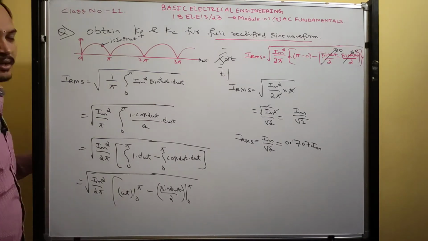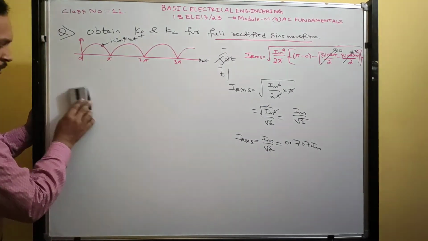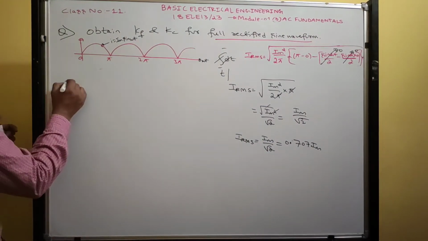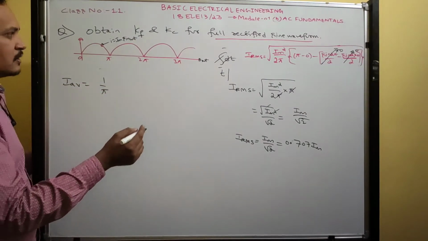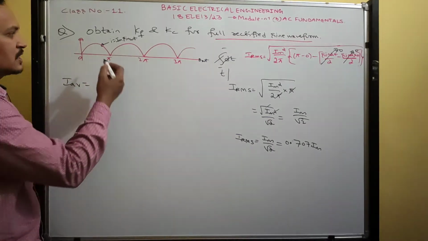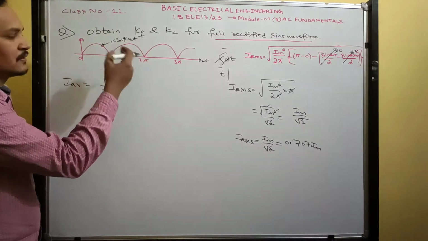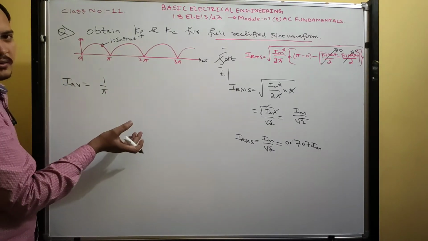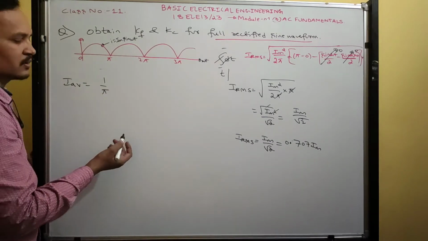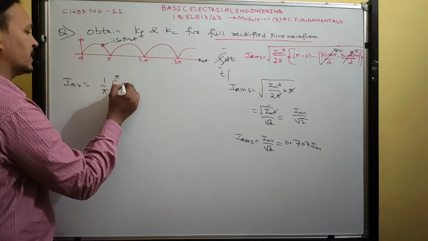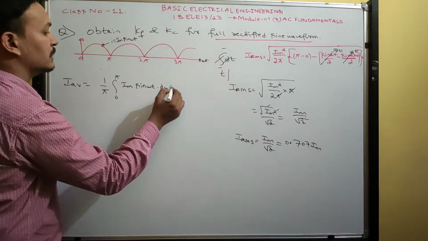Okay, next I am deriving the average value. So next, average value is equal to 1 by pi. See, since it is a periodic waveform, there are no opposite parts. All are positive values only. So you can take one cycle, but here one cycle repeats every pi radians. So 1 by pi, 0 to pi, Im sin omega t into dt.